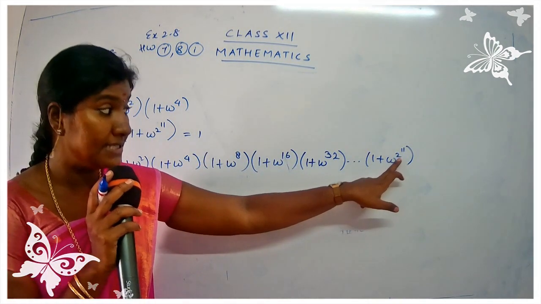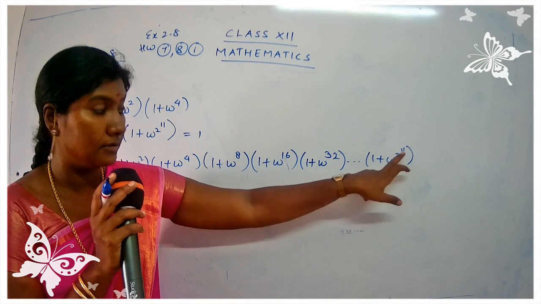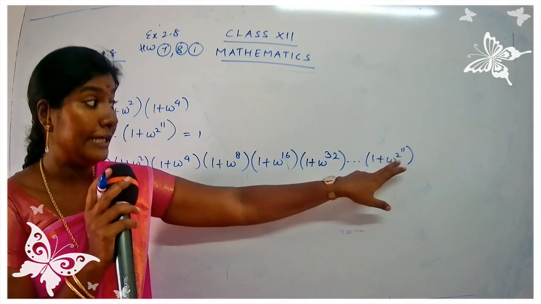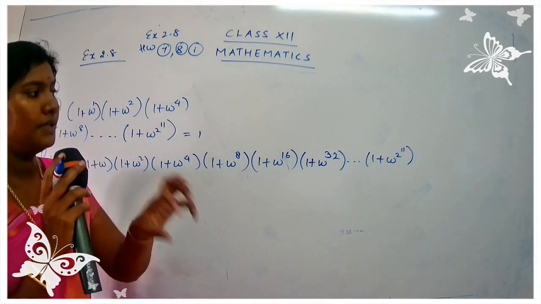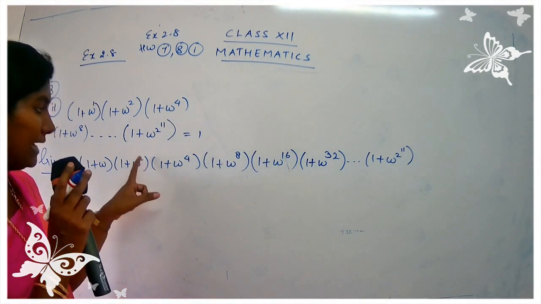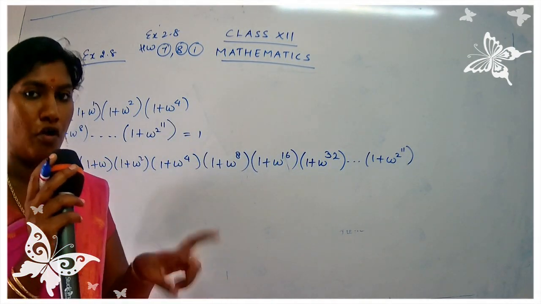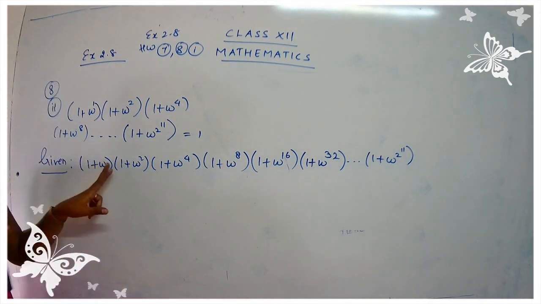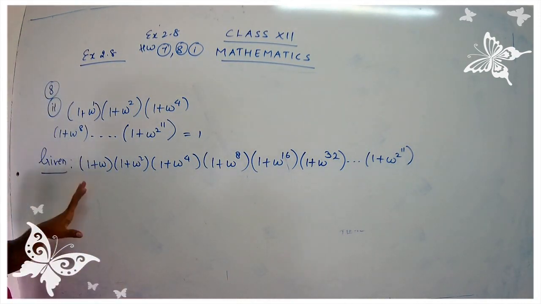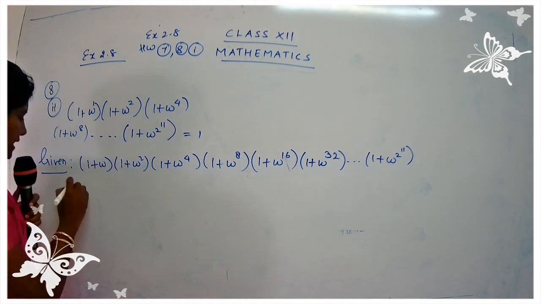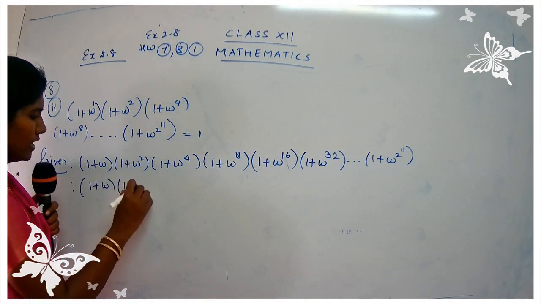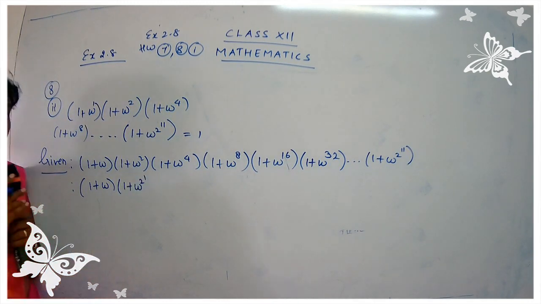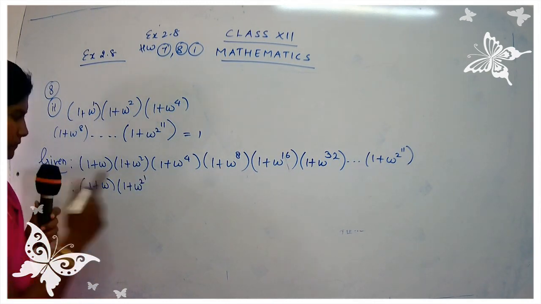They are just expressing in terms of power of 2. So 2 raised to 11. So what are we going to do here? We are just going to try to write down the remaining numbers in terms of the power of 2. Here no need to do anything. Here you keep it as 1 plus omega as it is. No need to worry here. So 1 plus omega, this is 1 plus omega, 2 raised to 1. 2 can be written as 2 raised to 1.